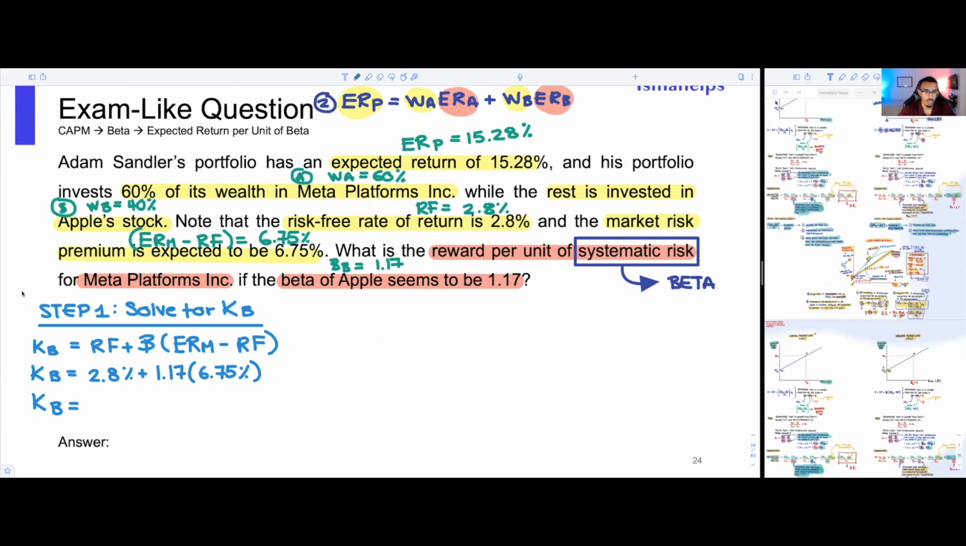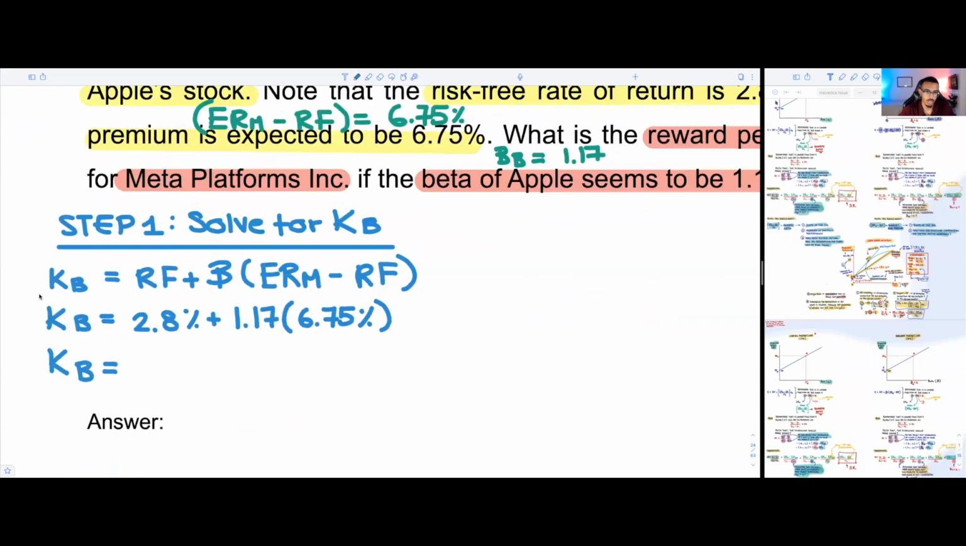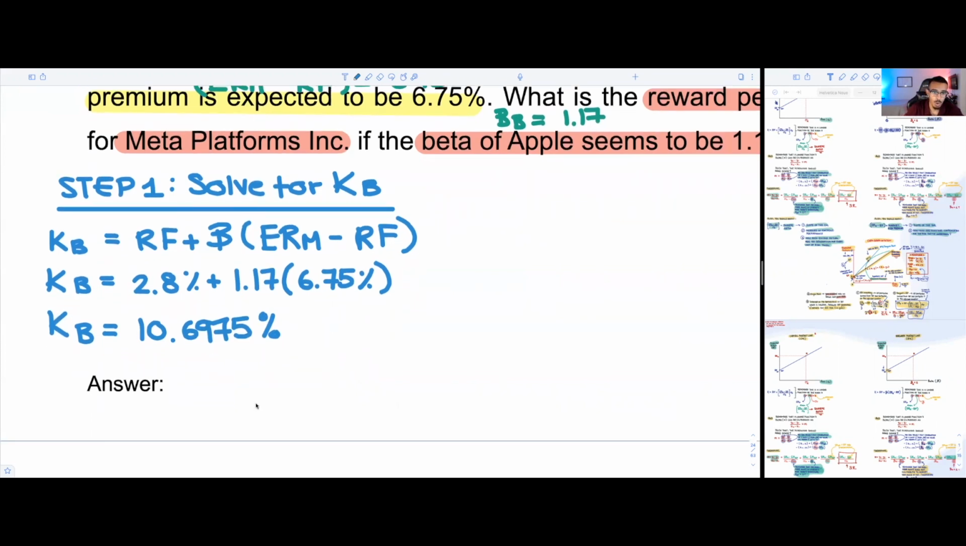This is interesting. So if we zoom in a little bit just to actually write the answer, we're going to get that the required rate of return on Apple's stock, so the required rate of return on security B or asset B, is equal to 10.6975%. All right, so this is going to be KB. Now, assuming that CAPM holds, I'm going to write this here. If CAPM holds and prices are in equilibrium, KB will be equal to